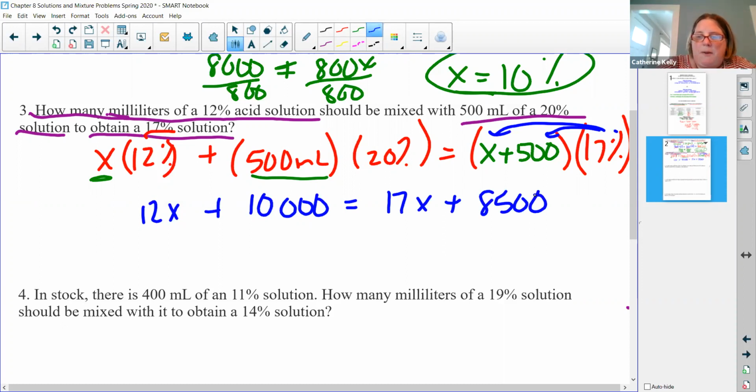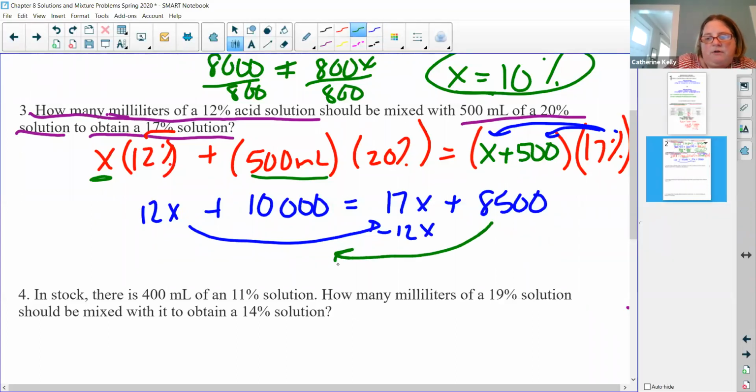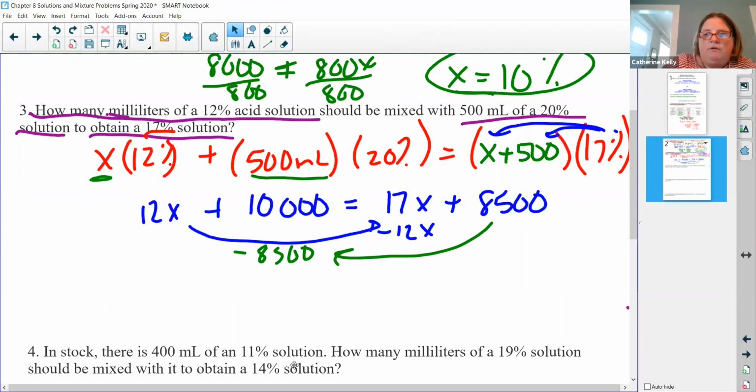I'm going to bring my 12 over to the other side. So I'm going to subtract 12x. And now I'm also going to subtract 8,500 because I want to bring that over. So if I subtract 12, if I subtract 8,500, I get 1,500